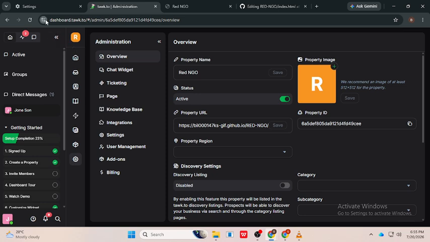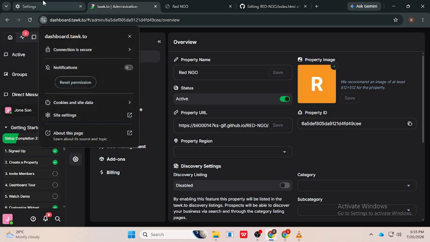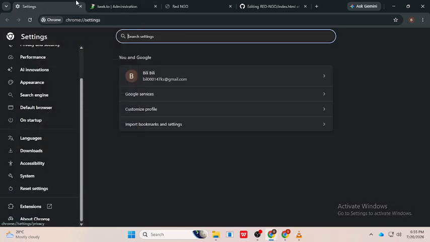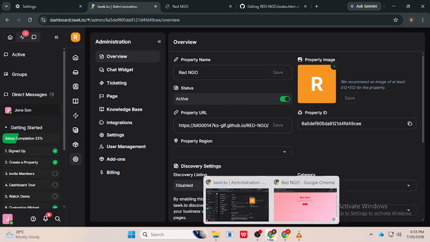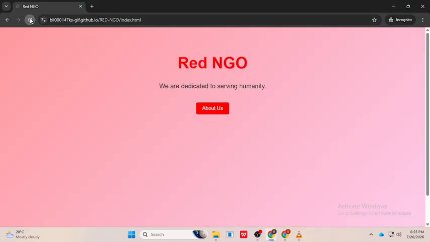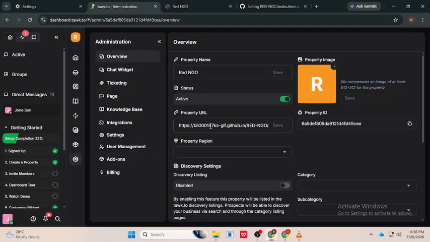Now clear your browser's cache and cookies, then restart your browser. You can also try opening your website in a private browsing window or a different browser to see whether the issue is browser-specific. If the widget still isn't working, temporarily disable browser extensions such as ad blockers and check whether